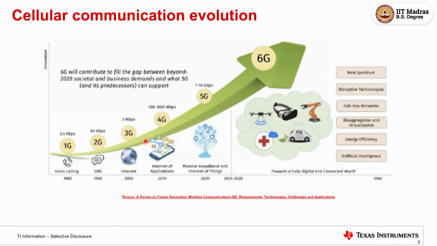Okay, so this slide just tells you the brief evolution of cellular communication, right? As we go from say the 90s or 80s all the way till the current generation, 2020. So the G stands for different generations: 1G, 2G, 3G, 4G, 5G, and there's already talk of things going to 6G. Fundamentally, if you see the use case that it supported and the bandwidth, clearly, if you see the graph of the curve, there are two important parameters that are driving this evolution. One is when in the 1990s, the cell phone or voice calling was a predominant use